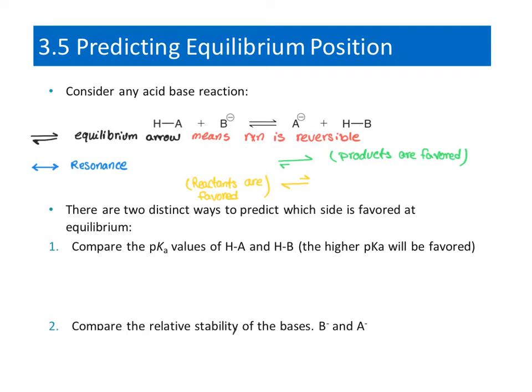So we need to compare the pKa of the acid and the conjugate acid, and equilibrium always favors the weaker acid. So if you look at this equation,